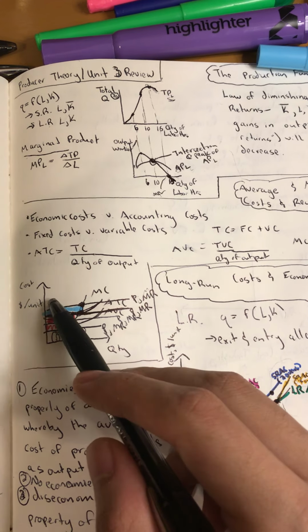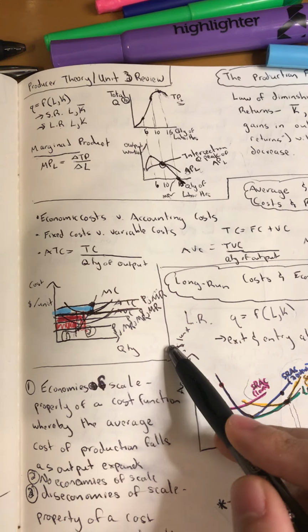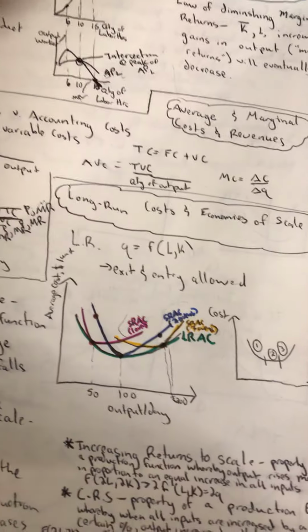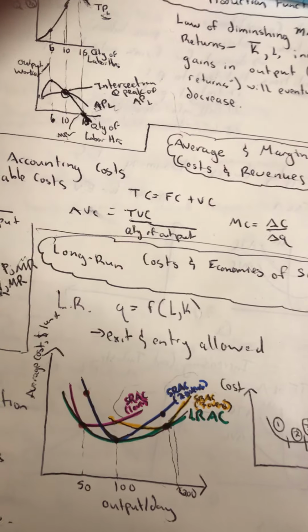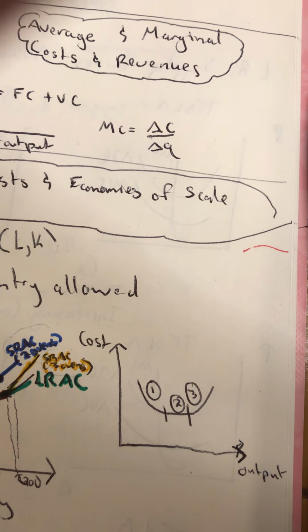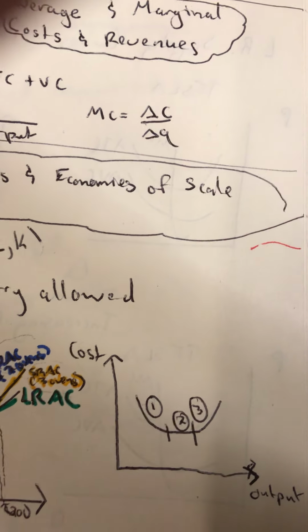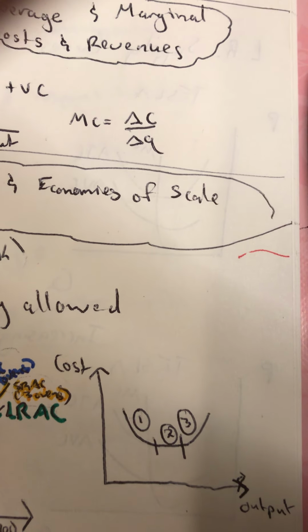The short-run average cost curve, again, is shaped that way because the fixed cost is getting divided over increasing output, and then, of course, eventually diminishing marginal returns kicks in. So why is the long-run average cost curve shaped the way it is? But before we get into that, I better name sort of zones of the long-run average cost curve. So one,